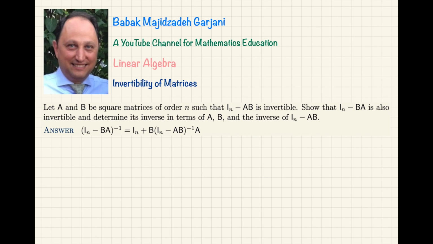Video, I'm going to solve the following problem for you. This is a problem in linear algebra on the topic of invertibility of matrices. Let me read the question for you first. Let A and B be square matrices of order n such that In minus A times B is invertible. Show that In minus BA is also invertible and determine its inverse in terms of A, B, and the inverse